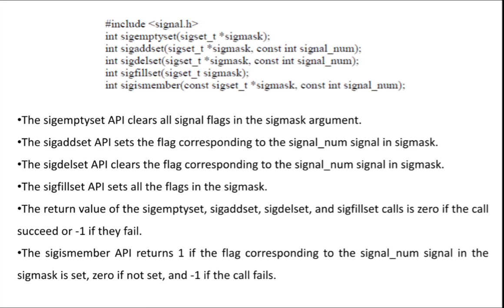You can see there, what are the arguments here? For sigaddset and sigdelset, for everything you need a signal number. Based on that number only you are going to identify the signal. To fill every signal in the signal mask, sigfillset needs only the signal mask as the argument. But in sigismember, you need a signal number and also the signal mask details, because you have to check whether a particular signal is there in the signal mask or not, whether it is a member or not. Getting, guys? Hope you are understanding.